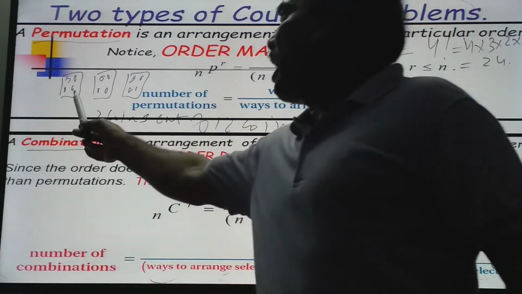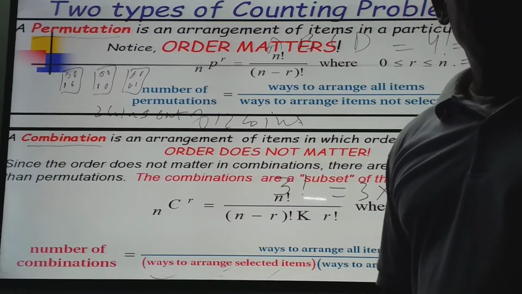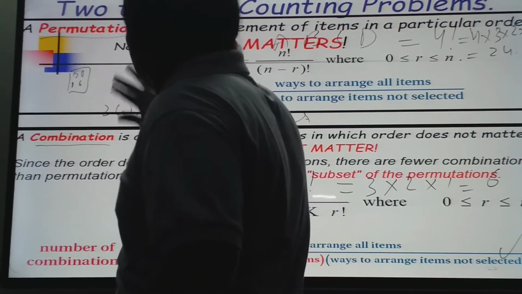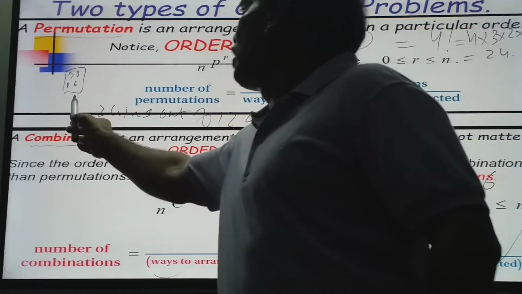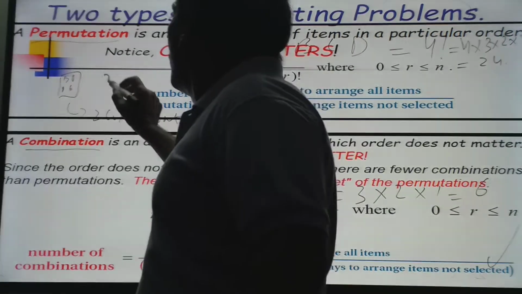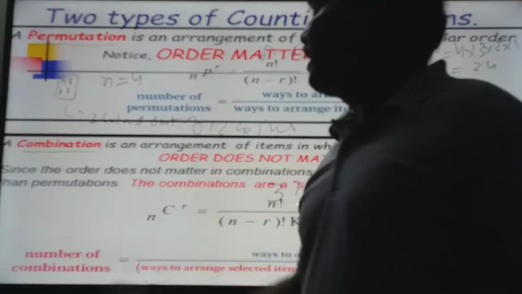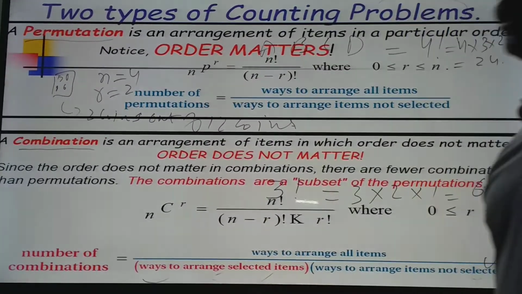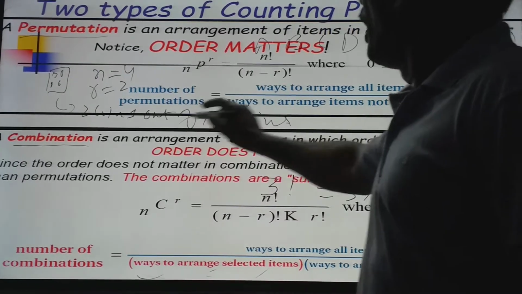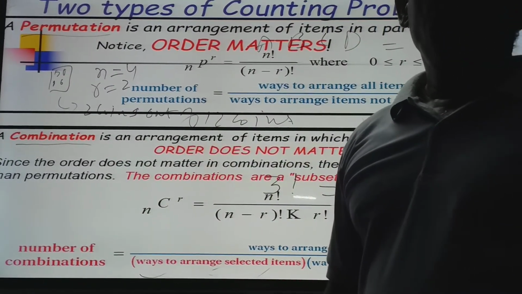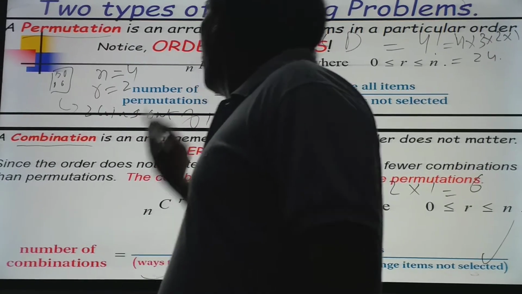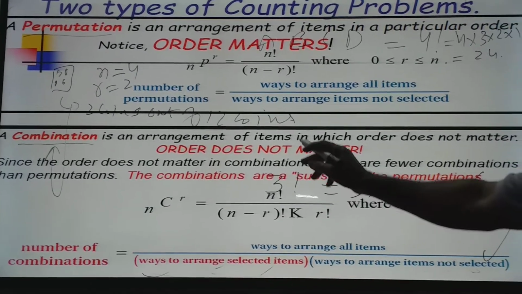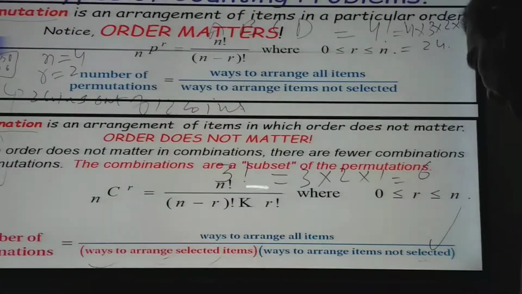For example, if you see these examples, you have 8 coins and you have to take out, for example, if you have 1 bag and you have to take out 2 coins out of this bag, it means the total number n is equal to 4 coins and r is the number of choices or picks, that is 2. So r is equal to 2. Just place these things in the formula. Here the order is not important. Right? Such a case is called combination, in which the order doesn't matter. But in permutation the order does matter. We will see their practical examples ahead.